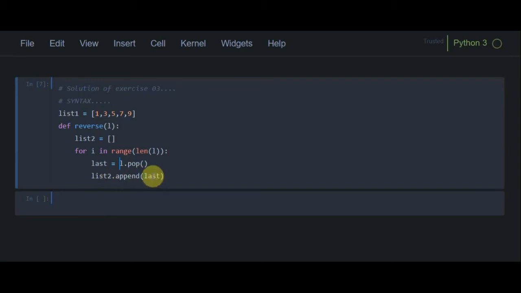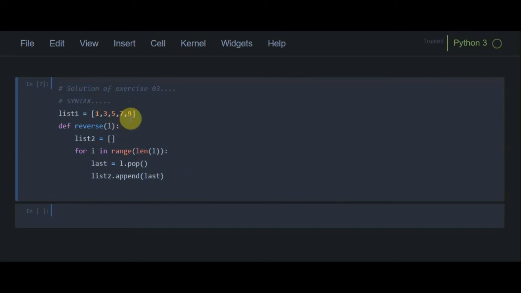So at the first position we have 9, and soon the loop will execute one by one. All the elements in reverse order will be added to list 2. When it reaches 1, the for loop will break, and then we can